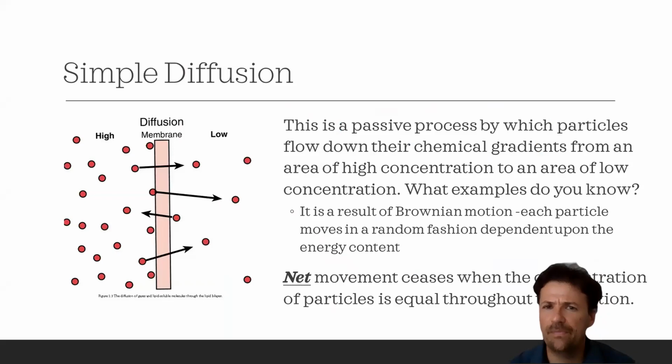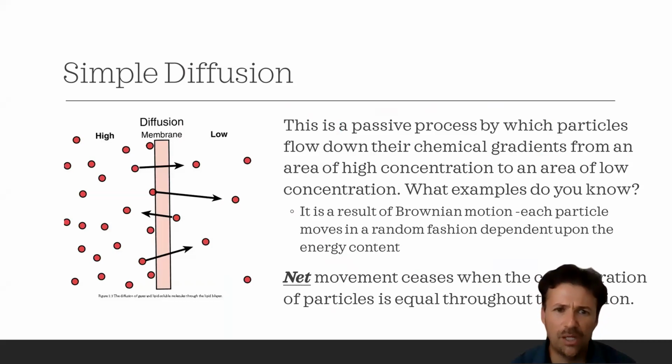So diffusion is something you know well. All molecules are in a state of constant random motion, and we call that Brownian motion. Those of you who have studied chemistry should be familiar with that. And because of that process, because molecules are in constant random motion, whenever you have an area of high concentration of these molecules, they are going to, just because of their random movement, move to an area of low